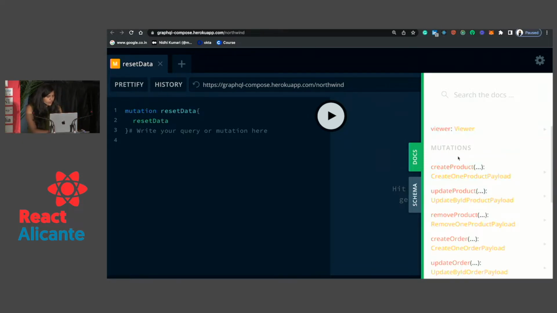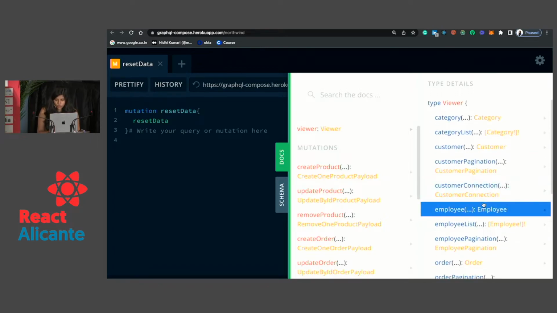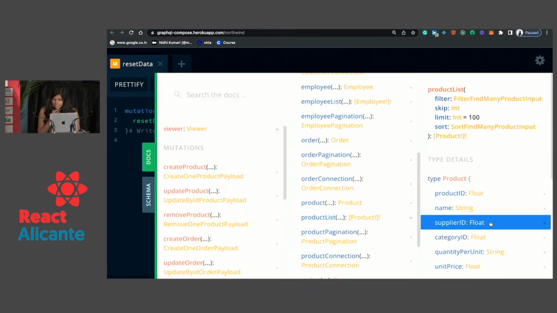So in the docs, here you can see we have mutations and we have viewer. I want to make a query, and these are the docs that tell us what the structure of our GraphQL query should be. So I'm going to make a query to the product list. I want to render the list of the products. To start with that, I'll start with